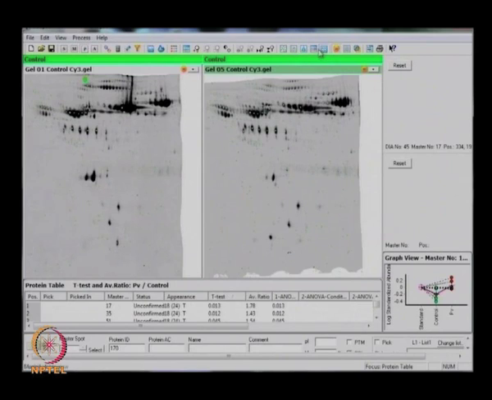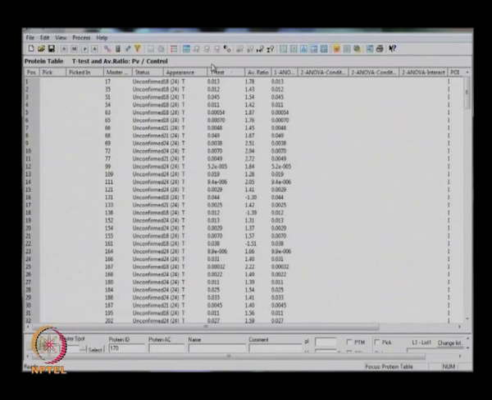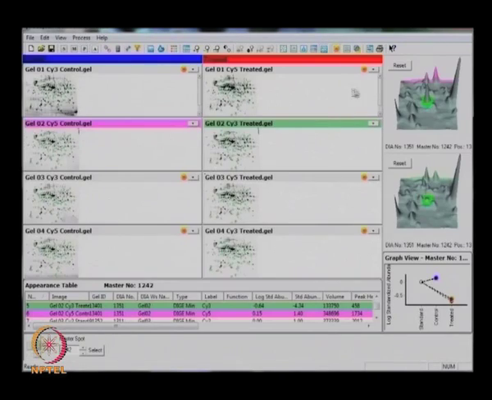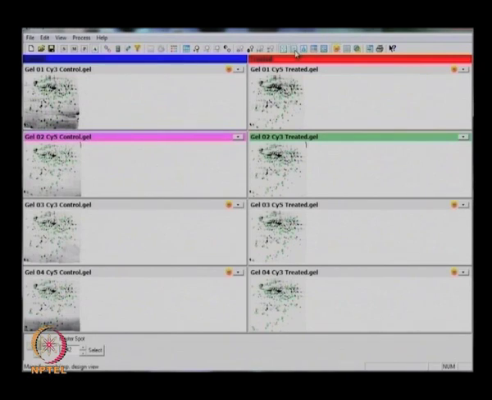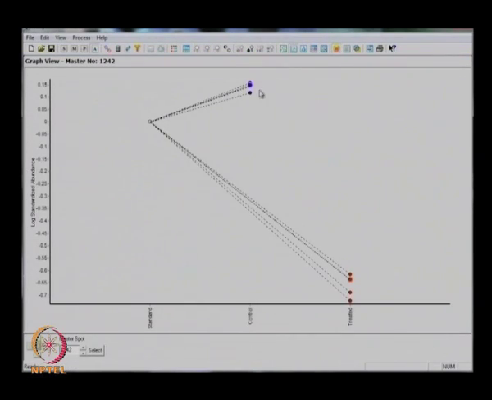If I go to the table view, here you can see t-test, one-way ANOVA. So, we can select from here which are statistically significant and which are not significant. After analyzing the statistical data, now we can see the complete results here. Here we can see the 4 views, like this is the image view and this is the histogram view.